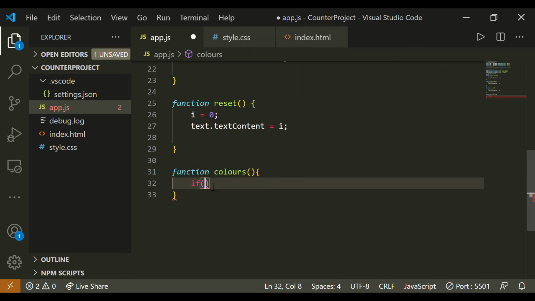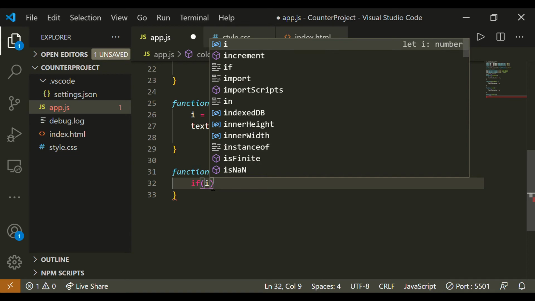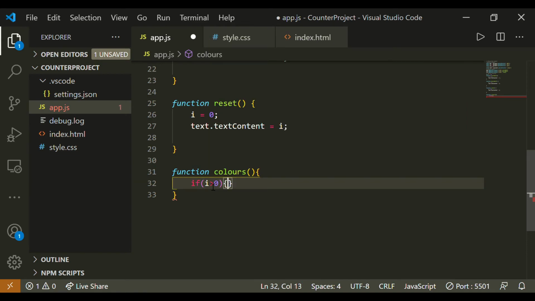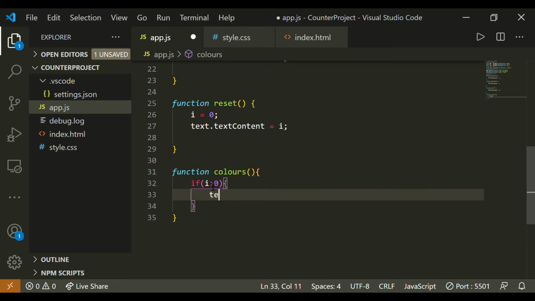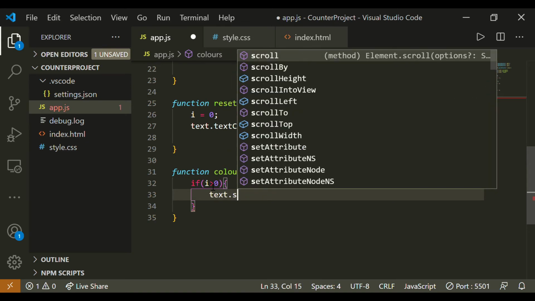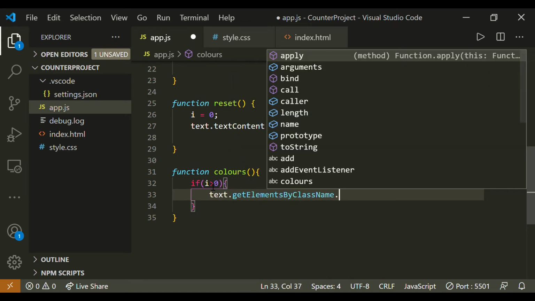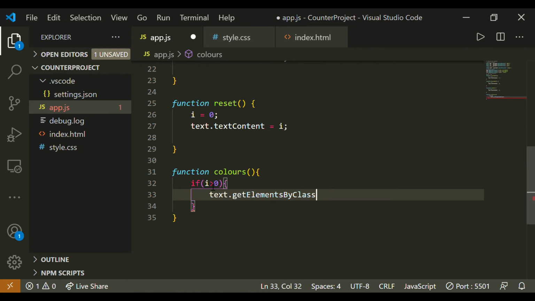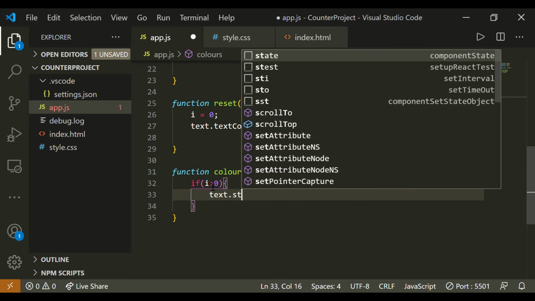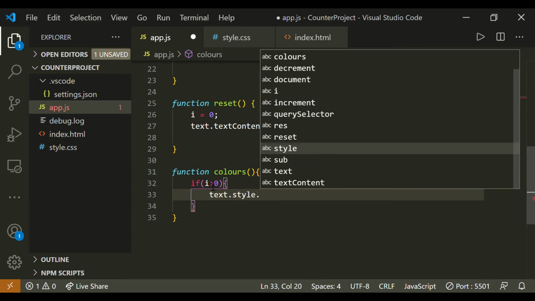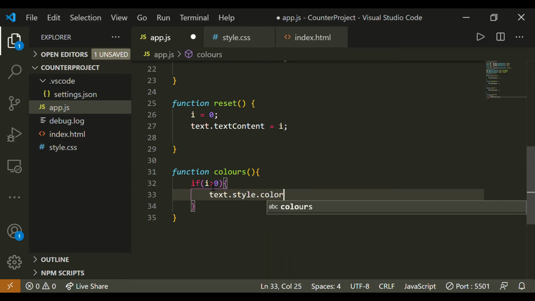Now if I is greater than 0, I want text dot style dot color to be green.